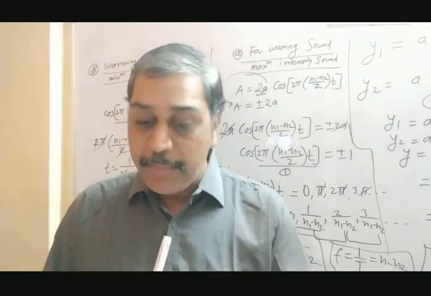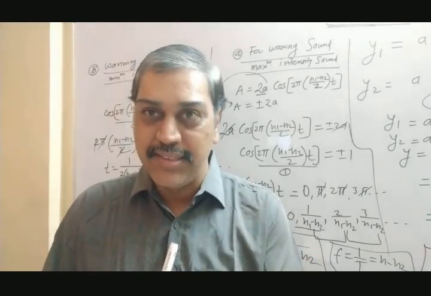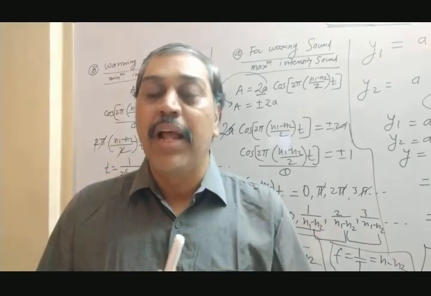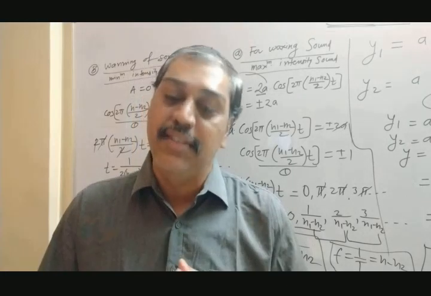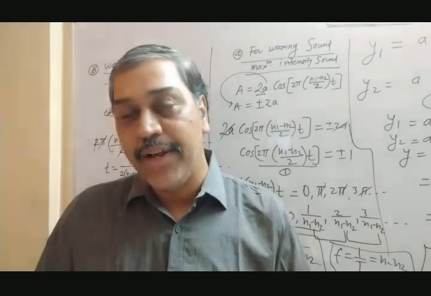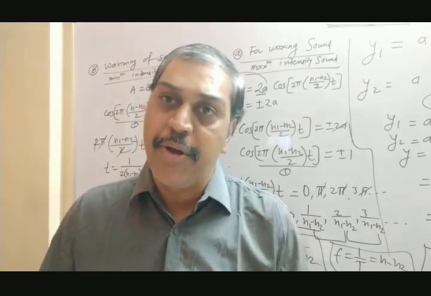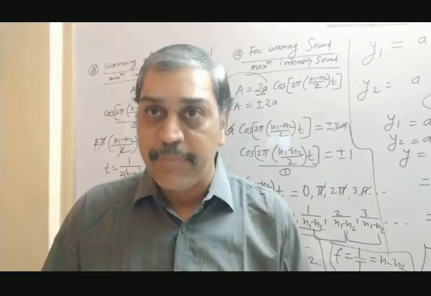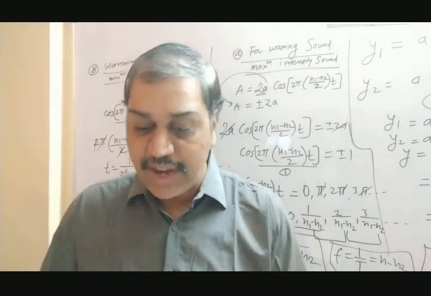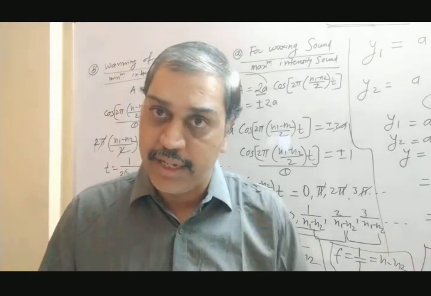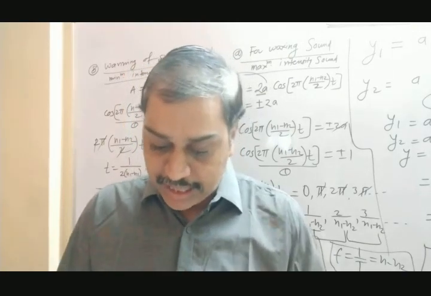Why does the beat get formed? Because two nearly different, slightly different frequencies mix together and form a resultant wave, which is given by the third figure. That third figure is nothing but the waxing and waning of sound, meaning formation of beat. The maximum intensity or amplitude point is said to be waxing. The minimum intensity or amplitude point is said to be waning. In this fashion, waxing and waning of the sound get created and result in the formation of beat. So analytically they have shown it like this.